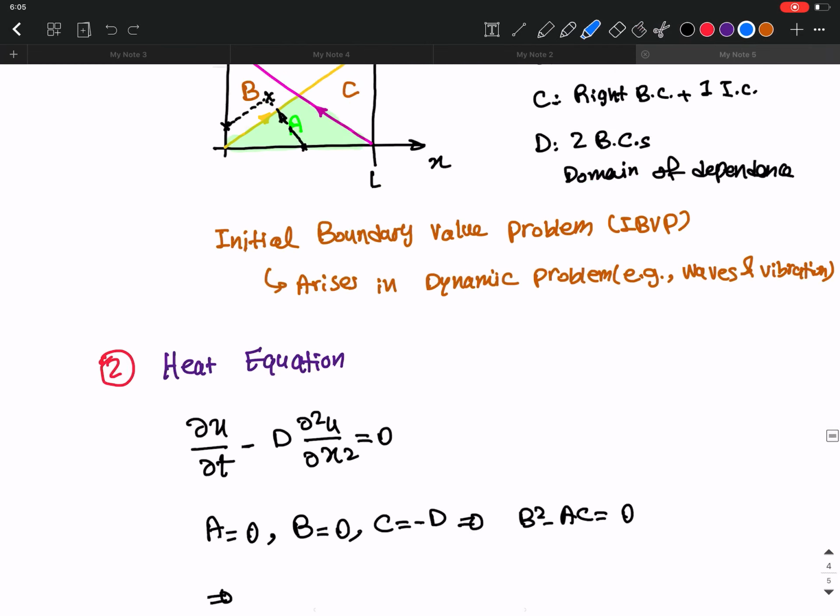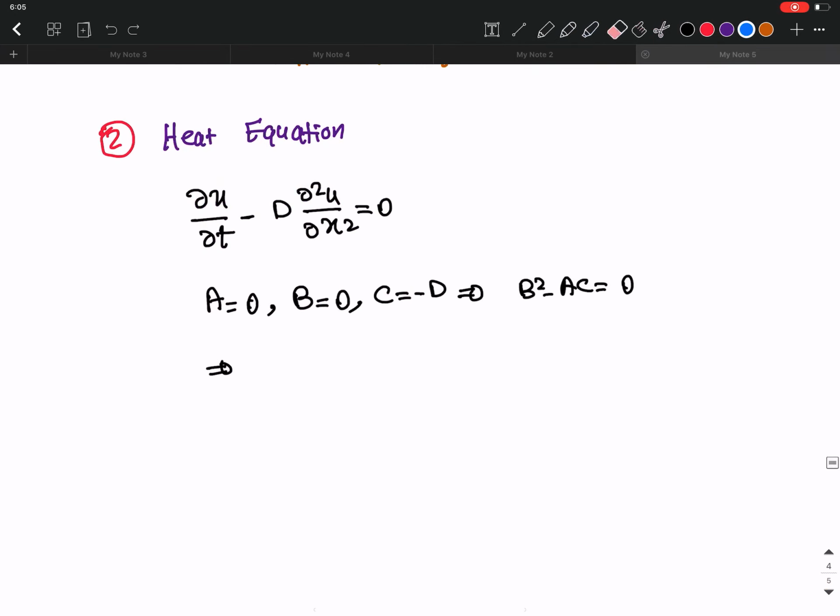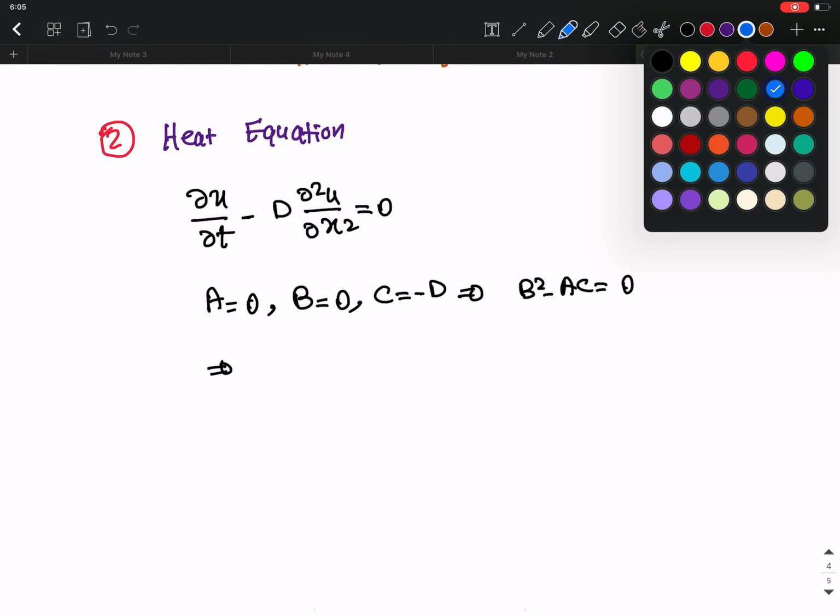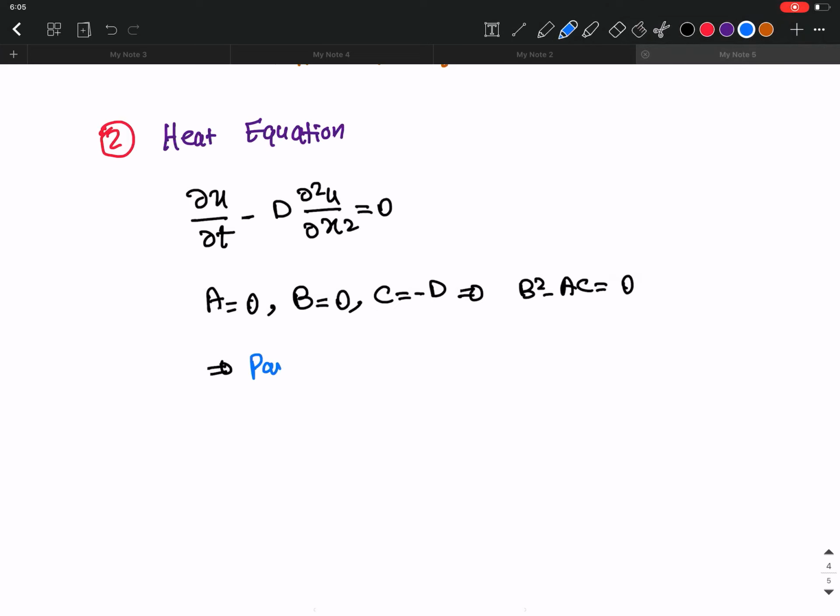So this is going to be a parabolic equation, and this means that we have only one real characteristic,